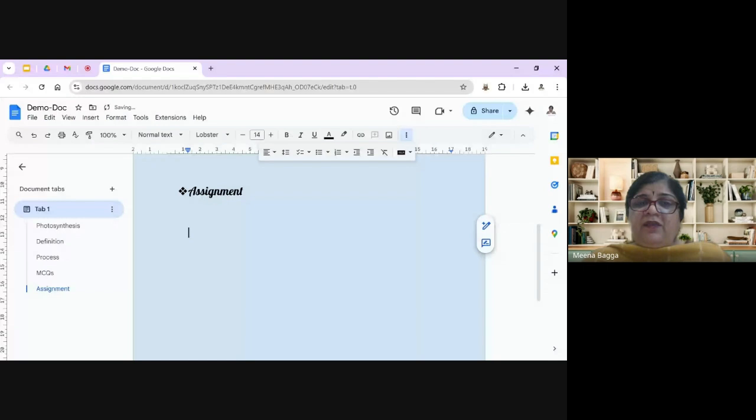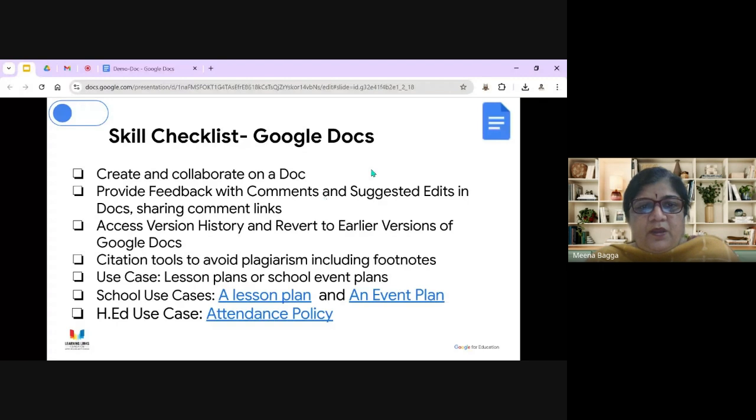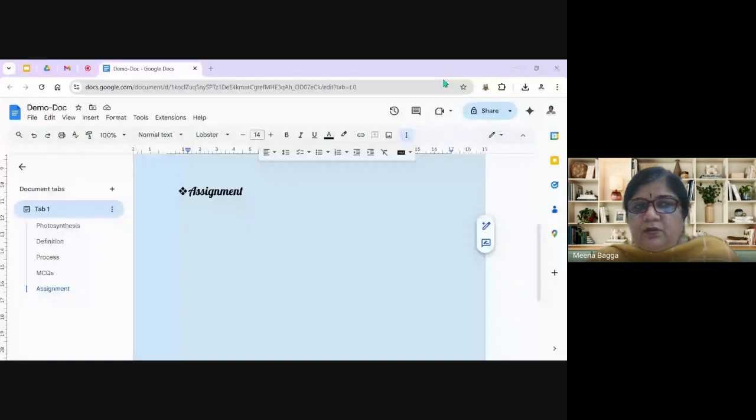So the main things for GC level we have to do are citation, image insertion, and let me just check the slides again. Create and collaborate on a doc. Just go one by one. How can we collaborate? You can see, suppose I have created this document, finalized. Now I share it with one of my colleagues. So I have to come here to the share button,